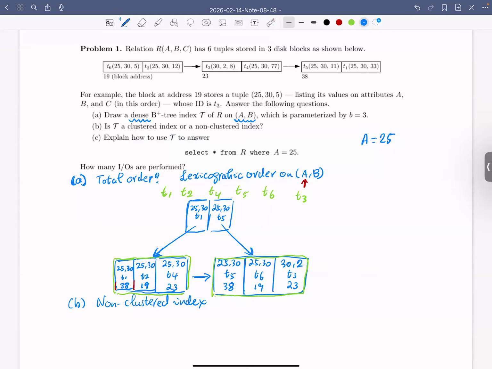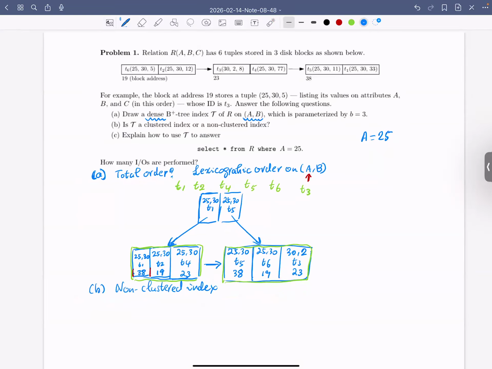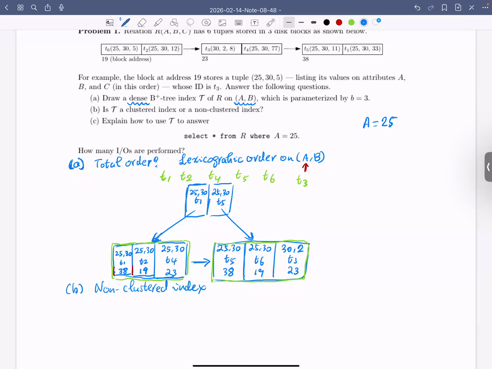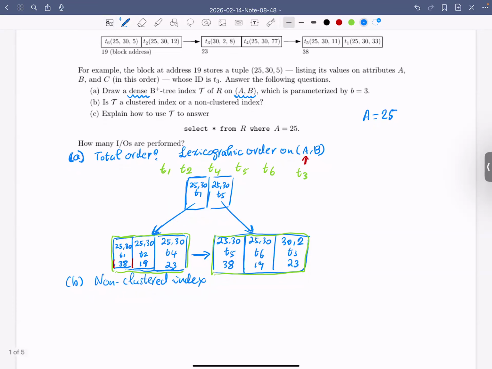All right, now let's answer this query. In order to perform search, you want to convert this query, which looks like a point query, because as you can see this is a point query condition, into a range query on the lexicographic order that the B tree is explicitly created on. The lexicographic order is AB here, right? So you would like to convert the query into a range query,